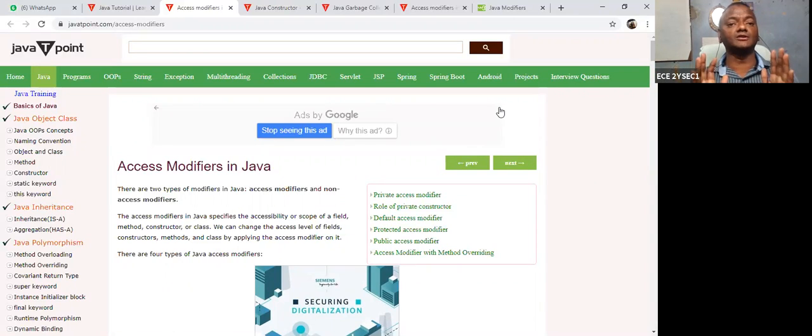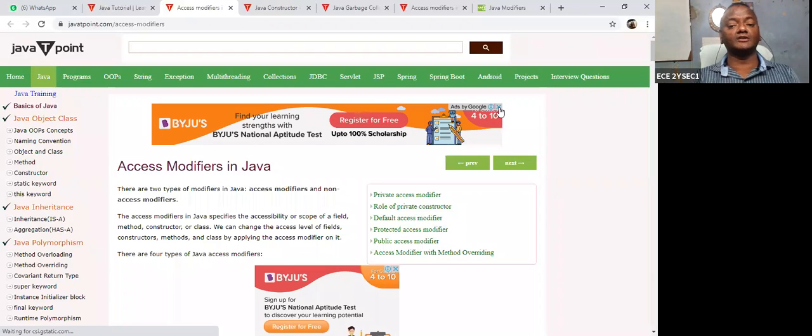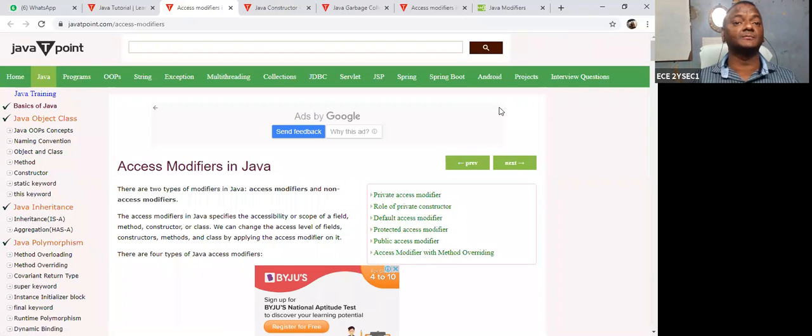Whether you want it visible to the outside, that is called a visible modifier. Whether you don't want it visible to the outside, only applicable inside the specific class, that is called